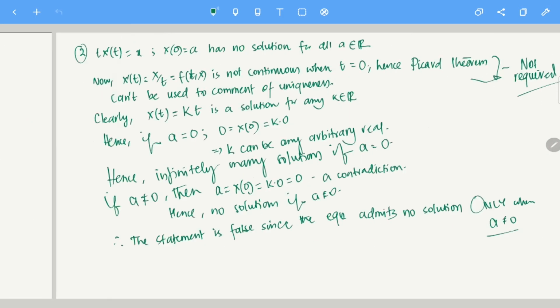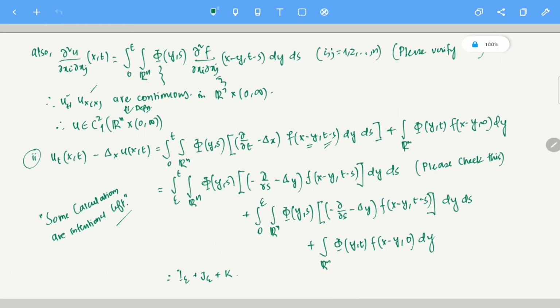Right. So now once this is true, what we have is this. Now let's just calculate one part. First things first, I have to show what? I epsilon plus j epsilon plus k epsilon has to tend towards f, right? This has to be f. So this calculation has to be done. Now let's look at this particular j epsilon first, the integral from 0 to epsilon over r and phi of this particular thing.